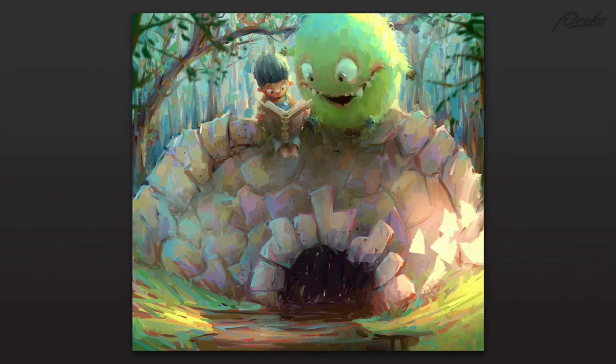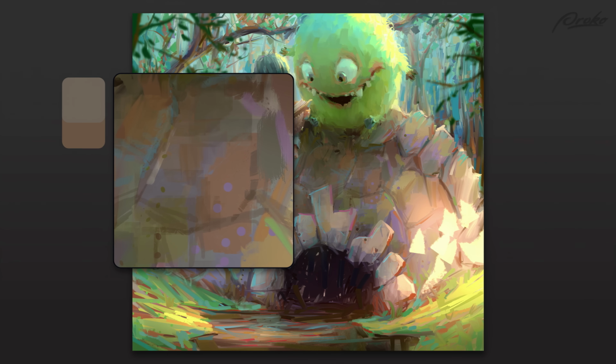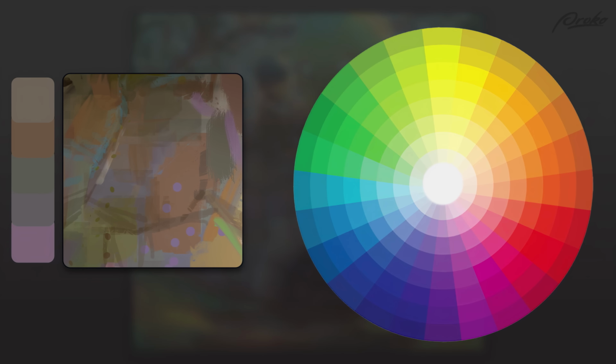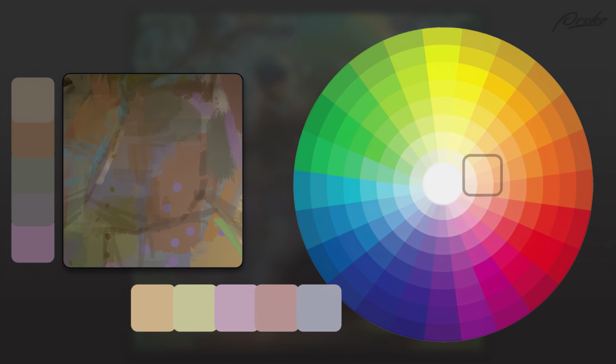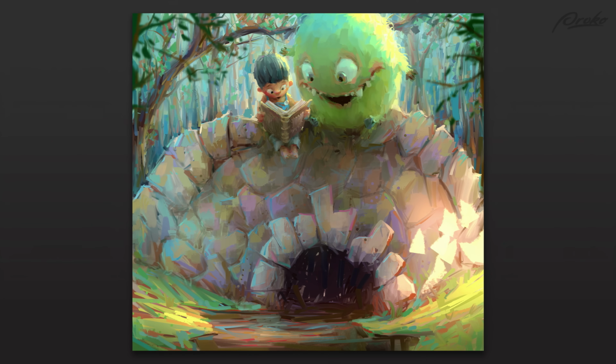Back to the illustration, this area here uses the same idea, but it's a little different because this time the base color is already gray. You know, these are the stones of a bridge. They don't really have a strong local color. If I had to pick a local color, I'd put it around here, something very neutral gray. But the same principle applies. I'll wiggle this around, and this time it's just wiggling throughout the grays. So what that leaves me with is different hues that are all close to gray,